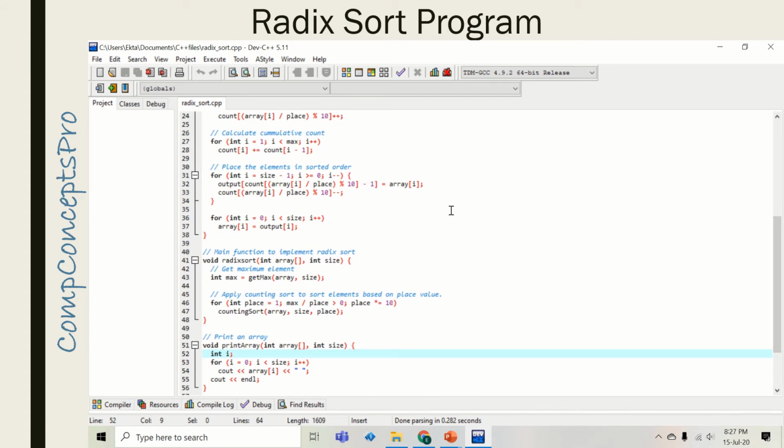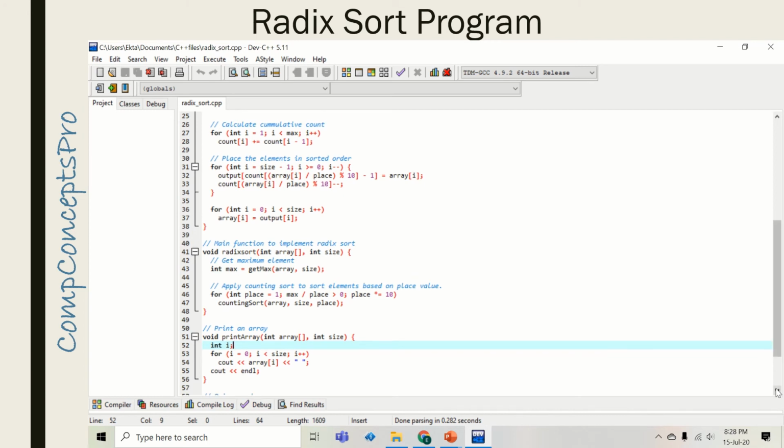Next, we have to add the consecutive values of the count array. Whatever values we got at the index positions of count array, we have to add the consecutive positions. Like if there is 1 stored at index position 0 and 2 stored at index position 1, we will add 1 and 2, which will give 3. So next the index position 1 and index position 2 will be added. Then the index position 2 and index position 3 will be added, and so on. This logic is directly coming from the count sort algorithm.